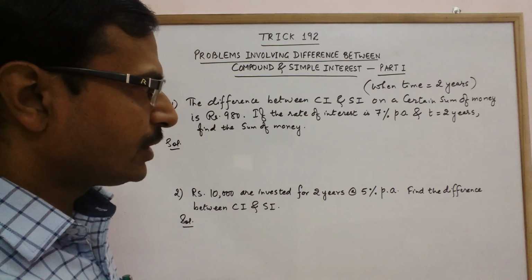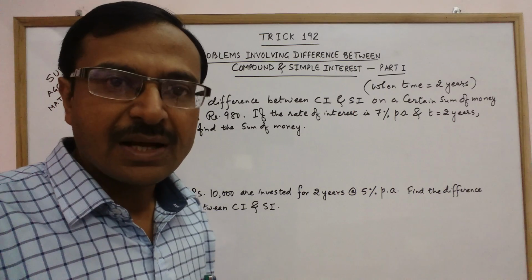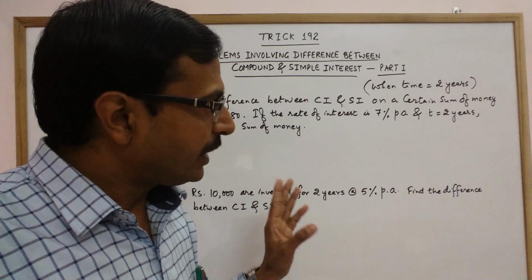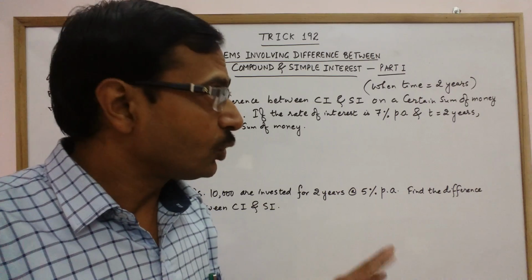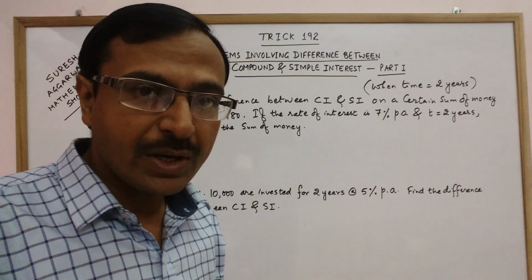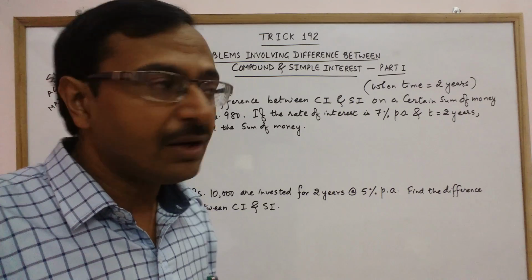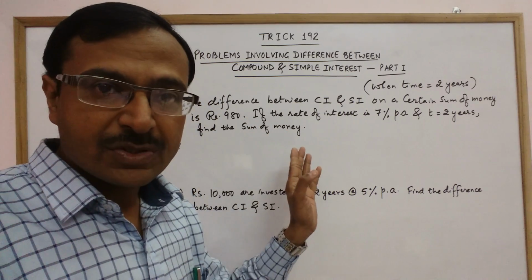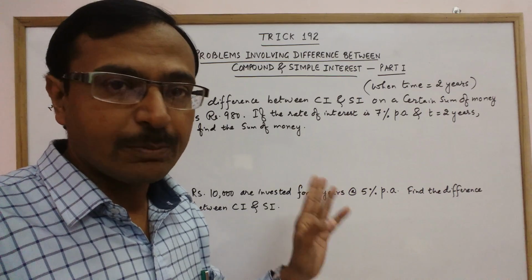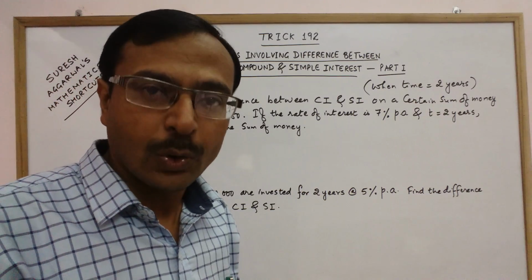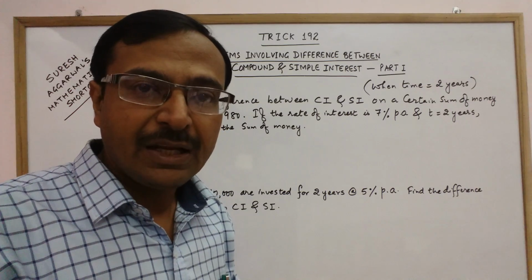So, the students who are in class 7th, class 8th level, they study this topic for the first time and they apply the traditional method. But those methods cannot be applied at competitive level. You need to have a method, a trick up your sleeves so that you can solve the problems involving the difference of compound and simple interest in a matter of just 3 to 4 seconds only without applying any lengthy